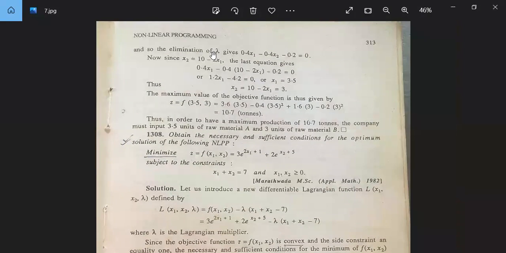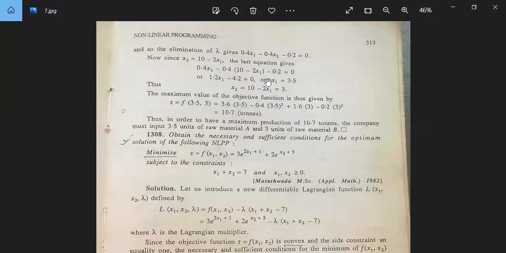And so the elimination of lambda gives 0.4 x1 minus 0.4 x2 minus 0.2 is equal to 0. Now x2 is equal to 10 minus 2 x1. Now we will solve these two equations. The last equation gives 0.4 x1 minus 0.4 into (10 minus x1) minus 0.2 is equal to 0. Here the value of x2 will come in, so it is 0.4 x1 plus 0.8 x1 is 1.2 x1, minus 0.4 minus 0.2 means minus 4.2,